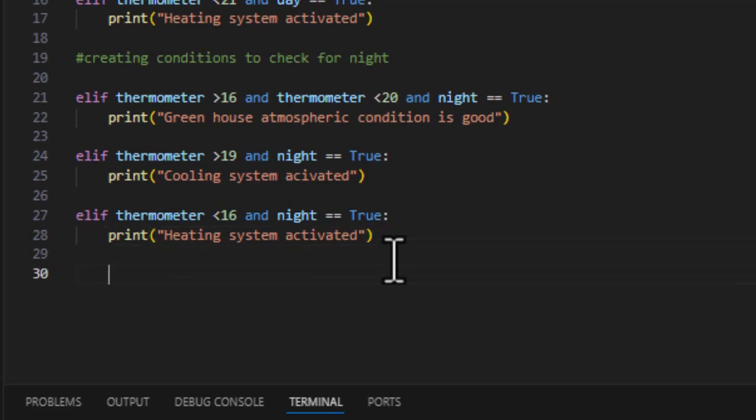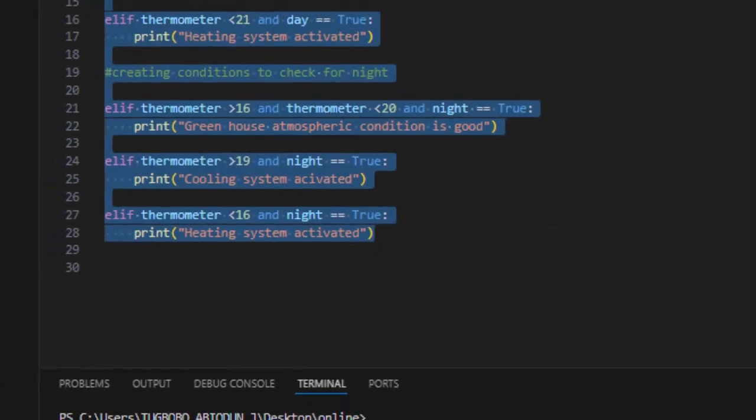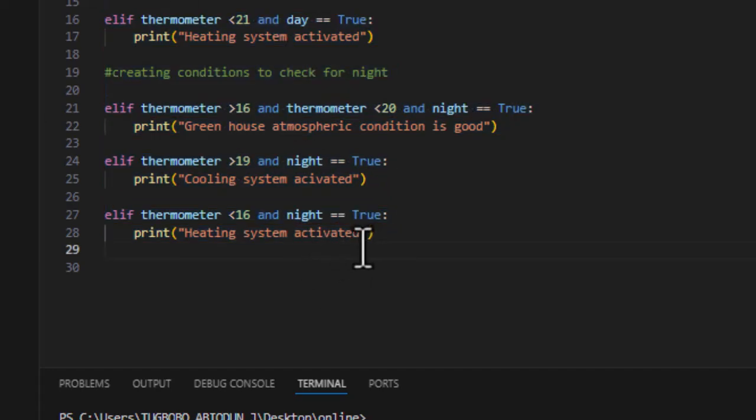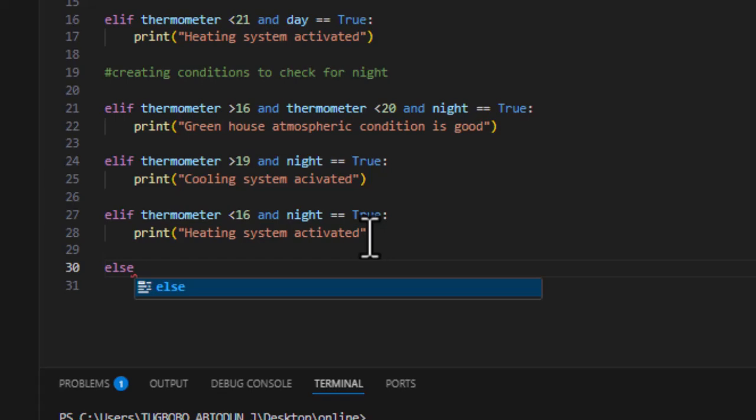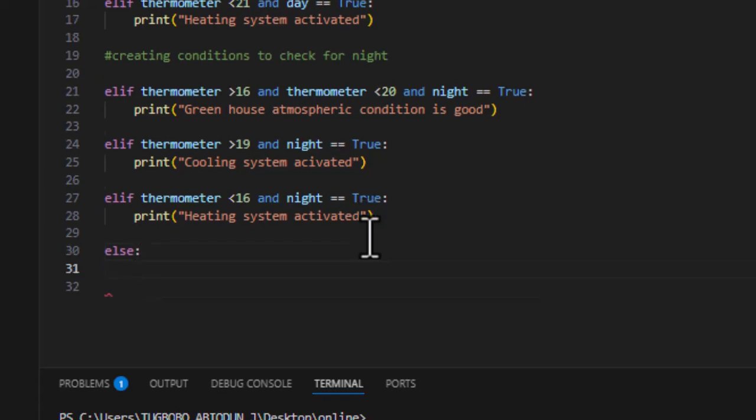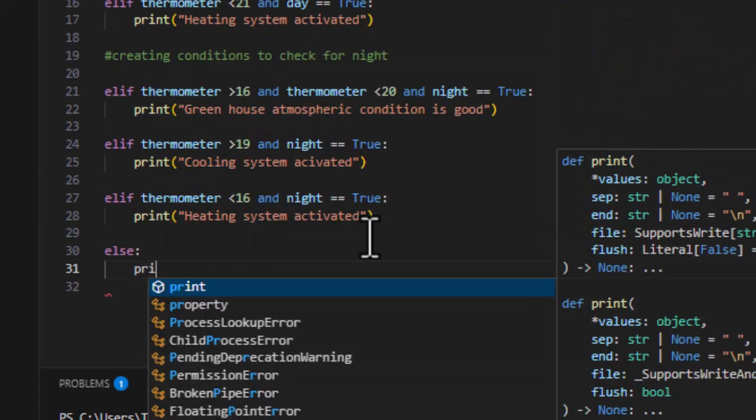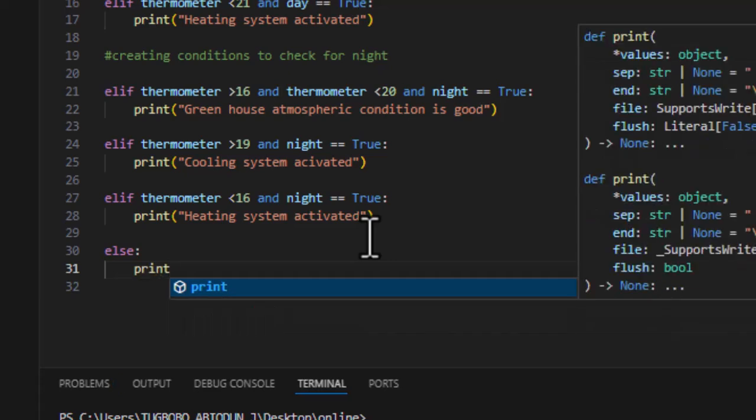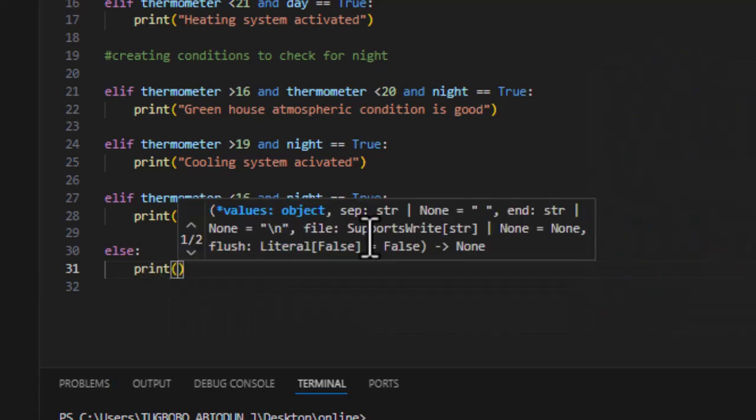Now let us assume that all these conditions are there. What if the thermometer is bad and is not reading anything? Then we can end our condition with else. Remember I told you, you start with if, then you end with else. Let's say, physically